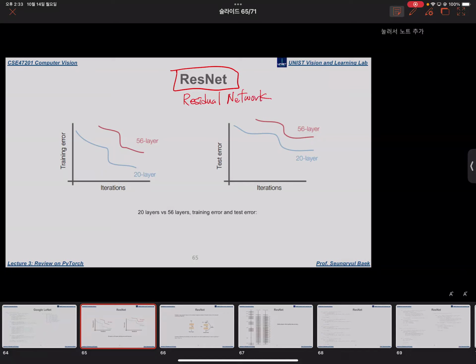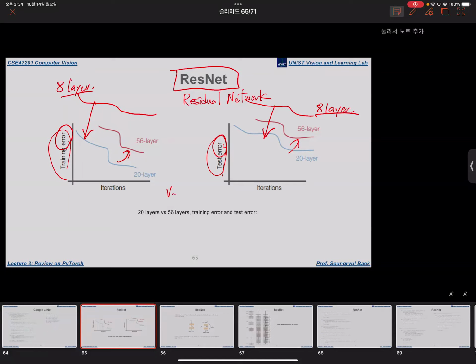Normally, if we stack more layers in a deep architecture, the performance improves. Let's say this might be the training error and this might be the testing error for A layer deep architectures. If we stack more layers, their error might decrease during both training and testing. But if we stack more than 20 layers, their accuracy, their error tends to increase again